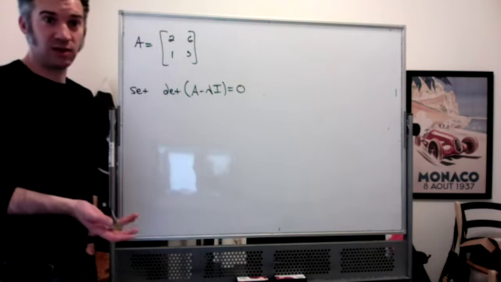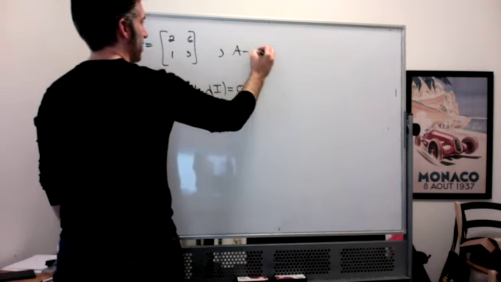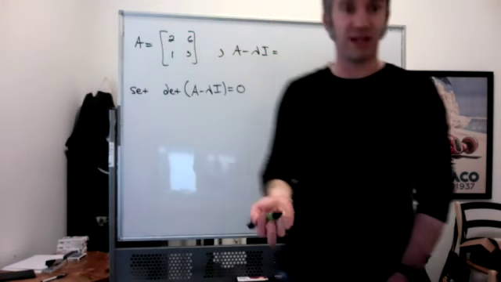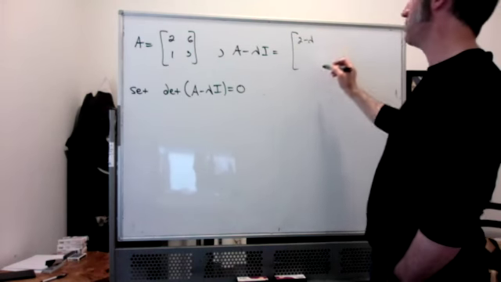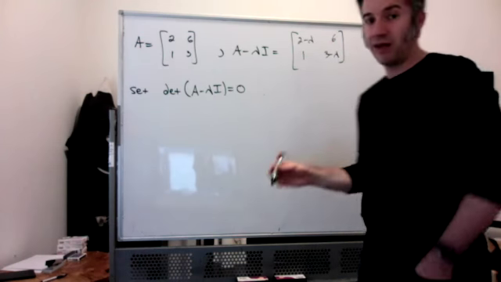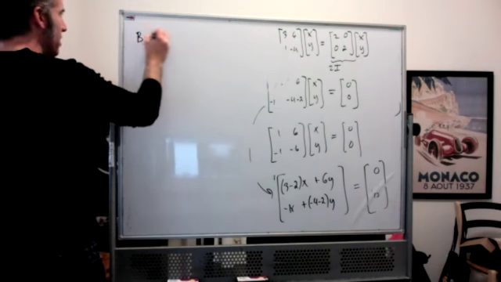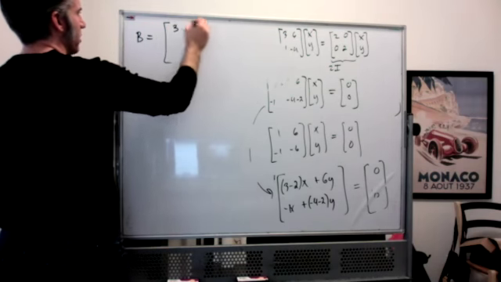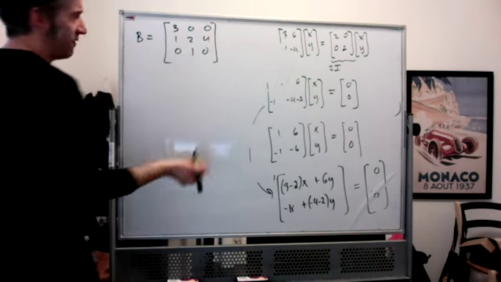A minus lambda I is something you should get really comfortable writing down. It's just the same matrix with negative lambdas also on the diagonal. So we're going to get 2 minus lambda, 6, 1, 3 minus lambda. It doesn't actually matter what size your matrix is. If we were going to find the eigenvalues for a 3 by 3 matrix, like if my matrix was B equal to, I don't know, 3, 0, 0, 1, 2, 4, 0, 1, 0, and I was going to find the eigenvalues of this matrix,